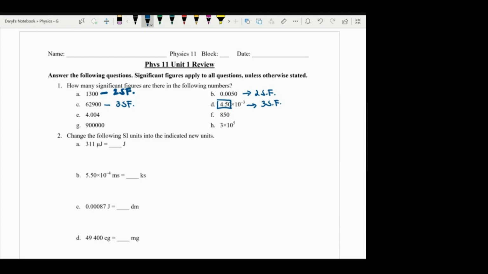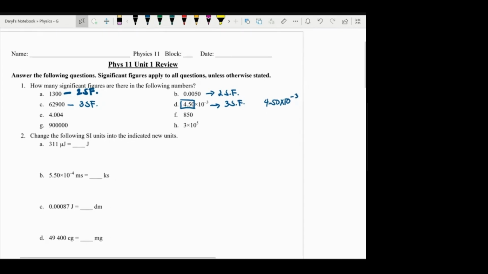And again, the reason why it's helpful to express certain numbers in scientific notation is that you can get rid of those insignificant figures. So just like in this case, 4.5 times 10 to the power of -3 can be written as 0.00450. So again, if you can see here, the significant digits are just the last three. These are your significant digits. The zeros in front are insignificant